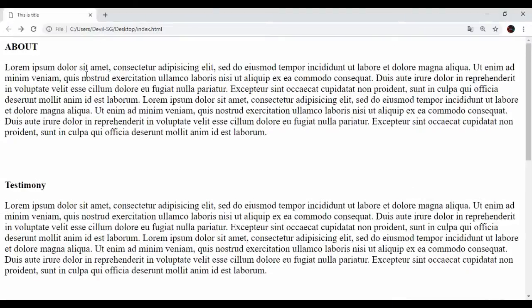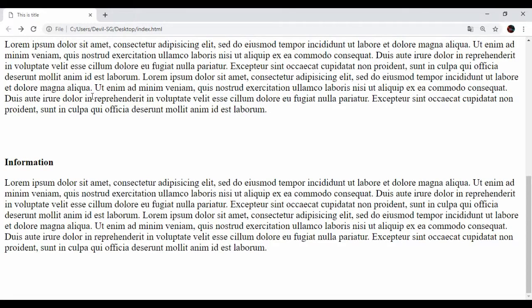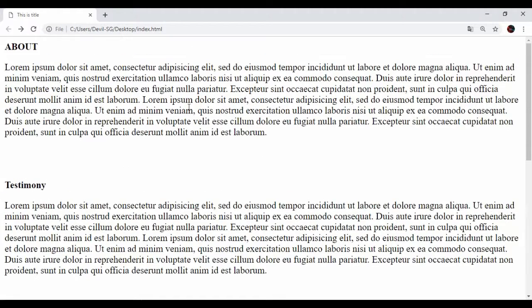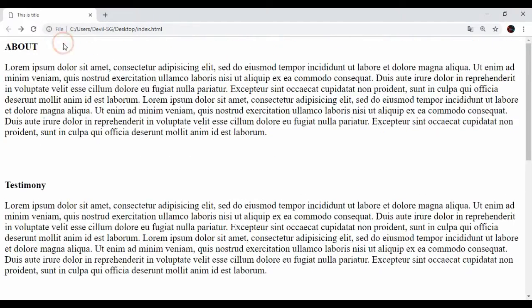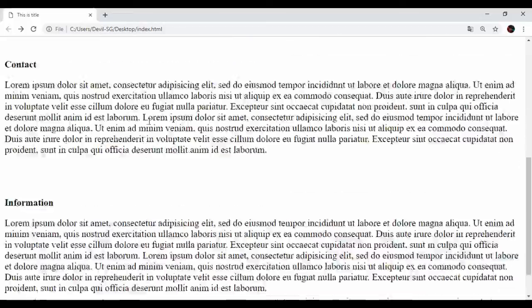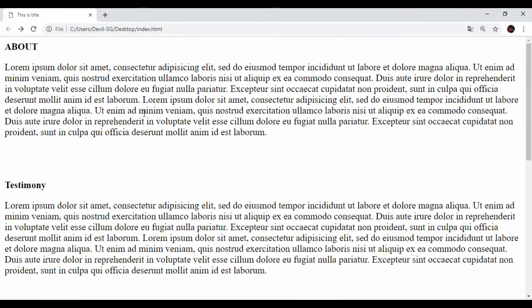So we have to go down every time to see what is here. Suppose we have a page which is very lengthy, and you want the readers to be able to go to different places wherever they want, wherever they think it is necessary. So suppose the reader wants to go to the information part without reading any of these, because maybe he or she already read these. So for that,